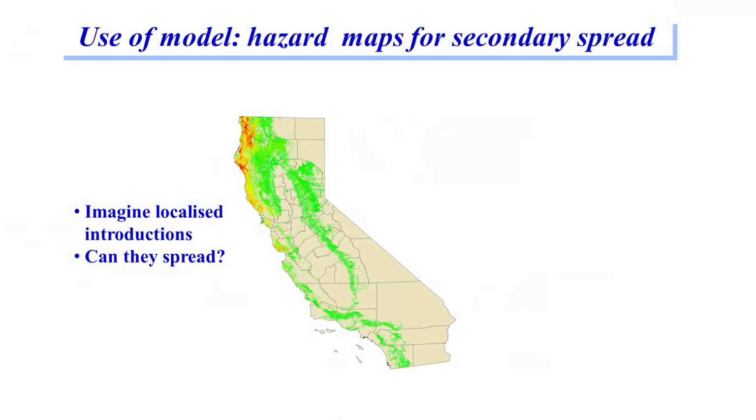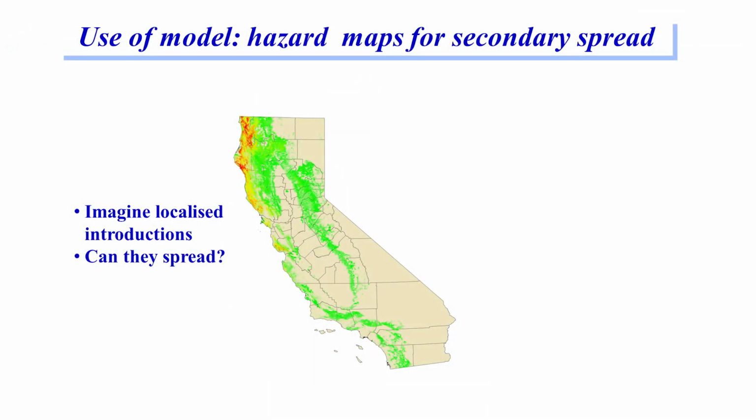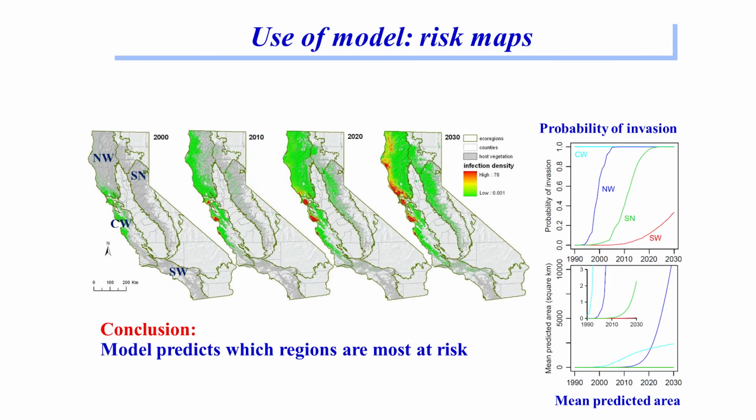We distinguish that from a hazard map, which is actually saying not what's the probability that a disease gets into a particular region, but if it gets there, how severe will it be? It may seem like a subtle distinction, but it becomes very important if you are a Secretary of State and you're trying to work out where you should deploy resources in order to see if the disease is there, to do something about it. And we can see that that's a hazard map. Compare that with the risk map.